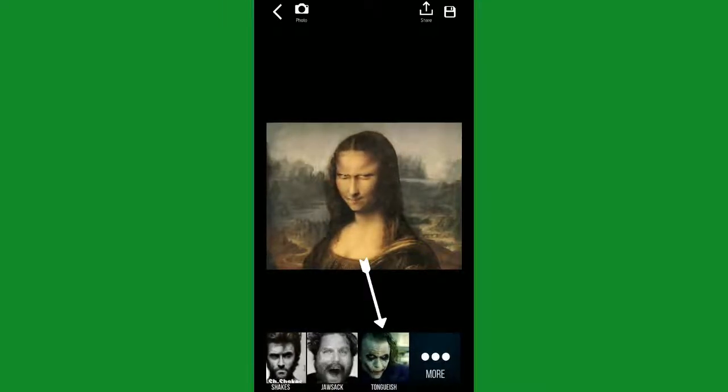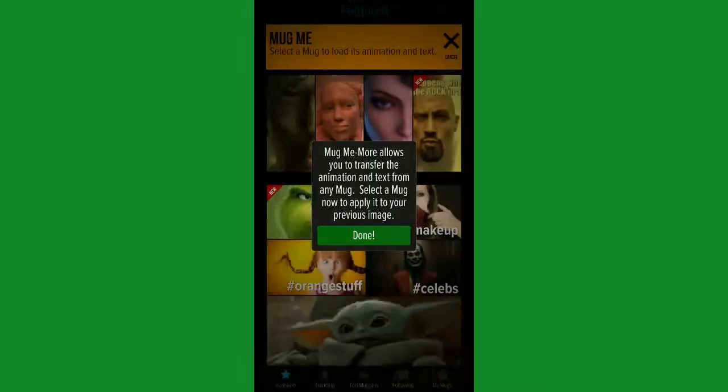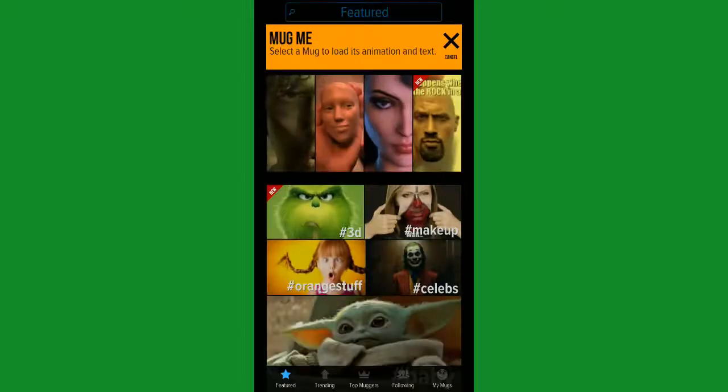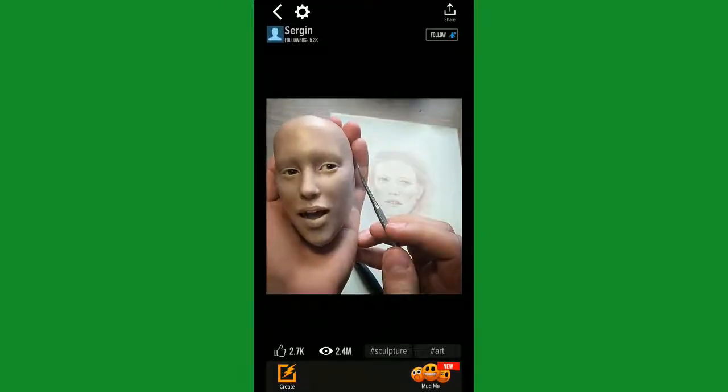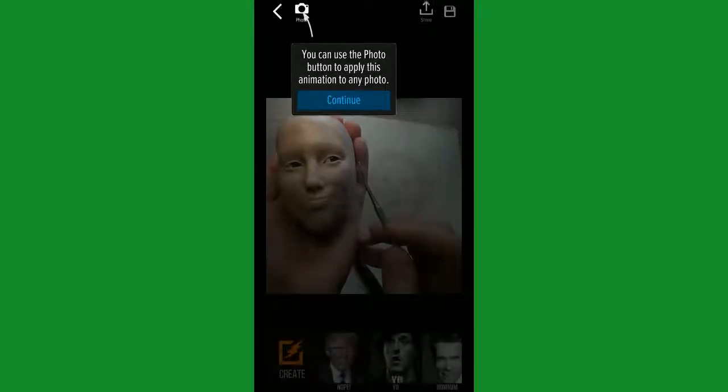Once we go to the paid version, then we can access more here. Any other template, I am selecting this. Now click on Mug Me. That means we can select an already created template and you can create your own. Now let's click on Mug Me.